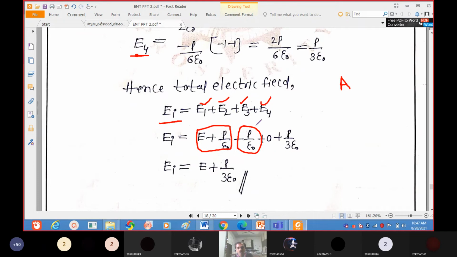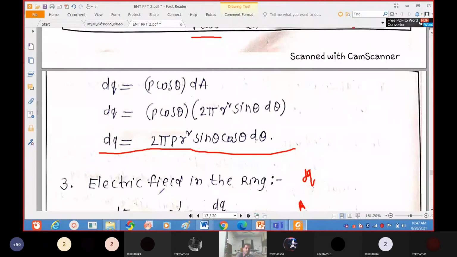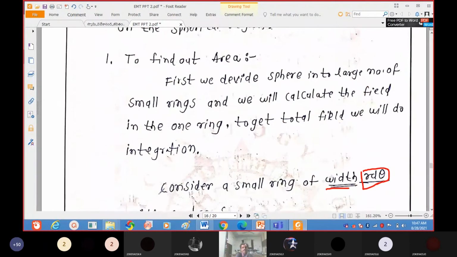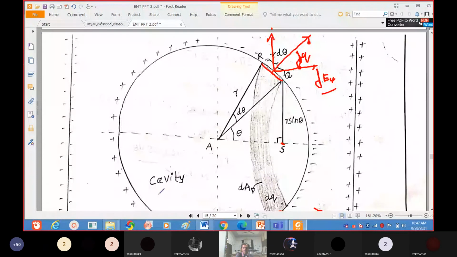P by 3 epsilon naught. So this minus P by epsilon naught, P by epsilon naught get cancelled. So internal field E_A is equal to E plus P by 3 epsilon naught. So this is the internal field, or Lorentz field, or local field. Whatever the formula will be there, we have to calculate very easily. Okay. First of all,